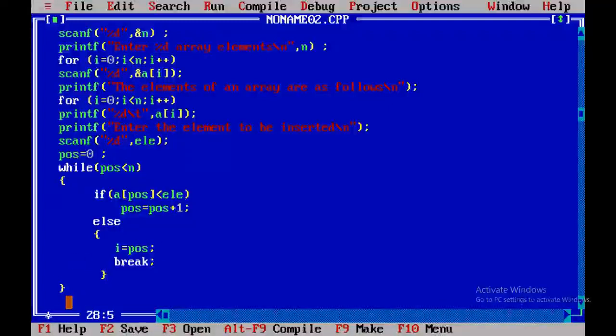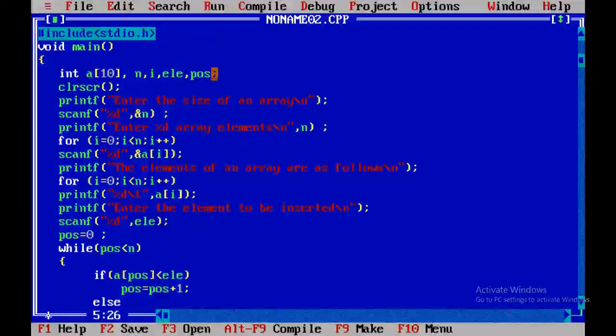And next what you have to do, you have to shift the elements from this position to the next consecutive positions, right? So what I'll do is I'll use a for looping statement to shift the elements to the right. So for I equals to, okay, I'll do one thing. I'll set this to j, another variable j. I'll declare that variable also here, is j.